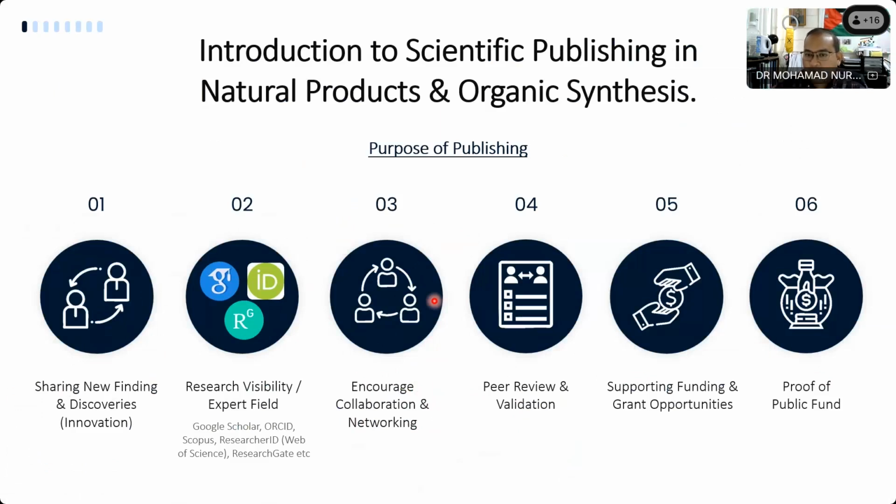Okay, number 4, peer review and validation. It's similar to collaboration. We try to communicate with other parties, other teams, by using email, for example. By showing our publications, it convinces them to work with us. One example is my collaboration with Prof. Muhammad in Jordan. In the beginning, we just discussed by email for several years, and after that, suddenly Prof. Muhammad came to visit us and do a short attachment.